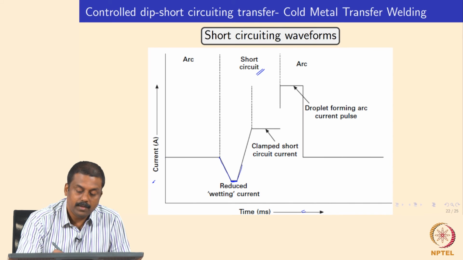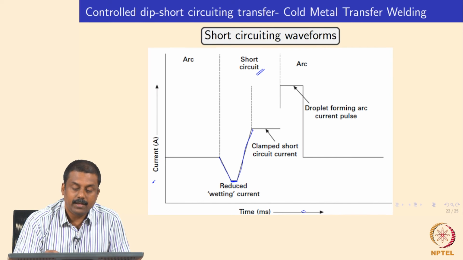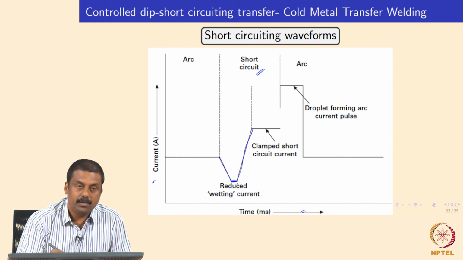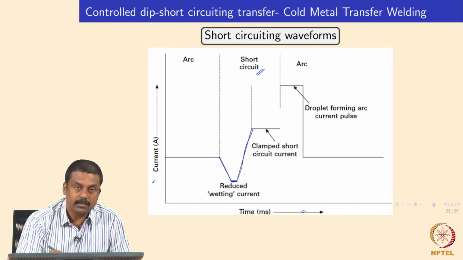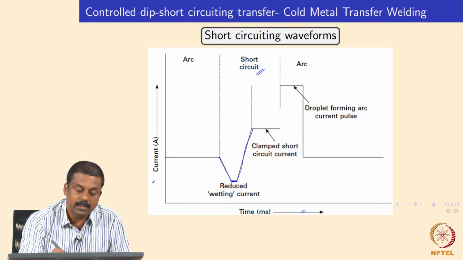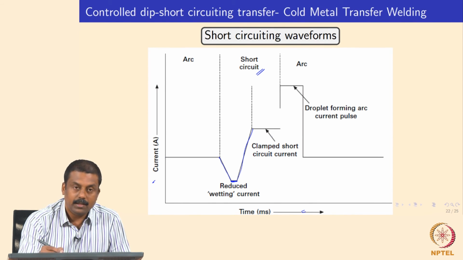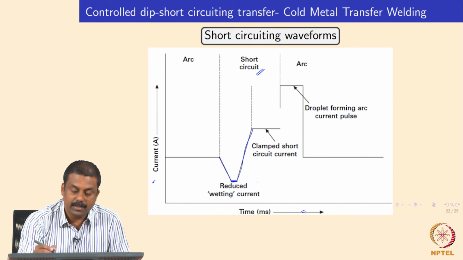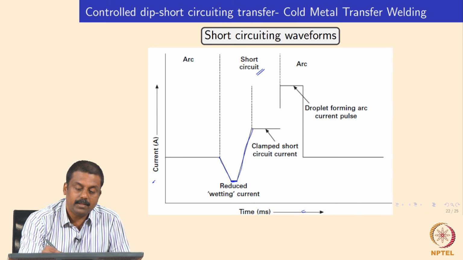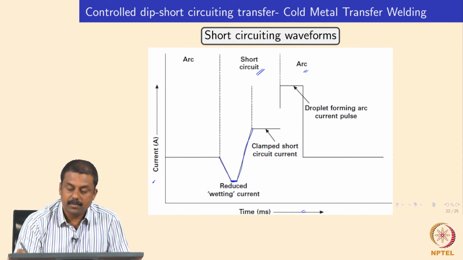Subsequently, upon short circuiting, the electrode is retracted back to its original position, and during this process we also increase the current significantly, so that you form a neck, as well as the surface tension driven detachment happens. The droplet is transferred when the wire is retracted from the pool, while slightly increasing the current so that you form a neck and the droplet is detached to the workpiece. And subsequently, when the electrode is completely retracted, your current is increased to maximum levels to strike an arc, and then the cycle continues to the next cycle.